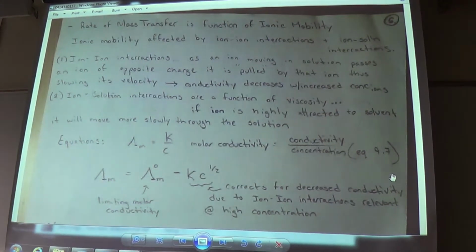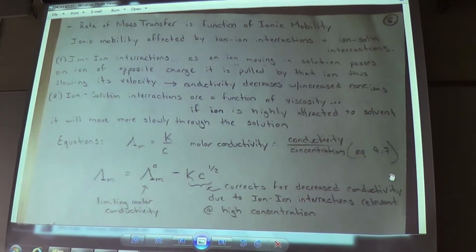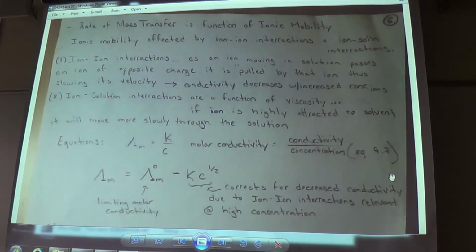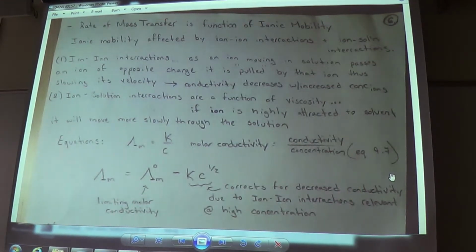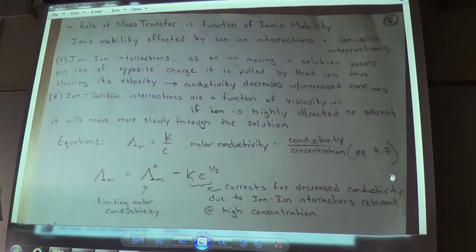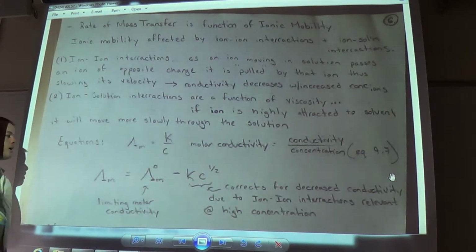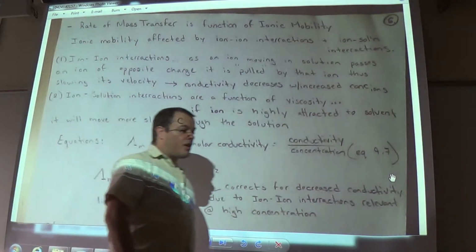Your limiting term is going to be the conductivity in the event that the solution is so dilute that as you move through it, you don't ever really pass another ion. And so you're not pulled back by that ion. In that case, all that is holding you back in your movement is the forces with the solvent. And so you'll have some limiting conductivity that's a function of how tightly the solvent holds you in solution and prevents you from moving from one side of the solution to another. And that's what this A naught is. That A naught